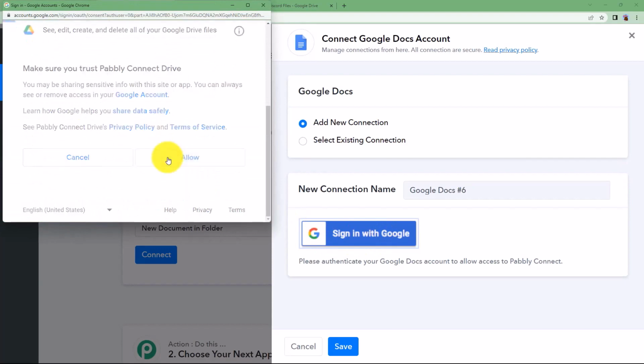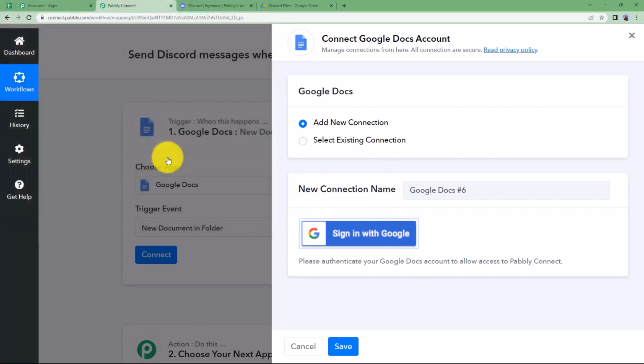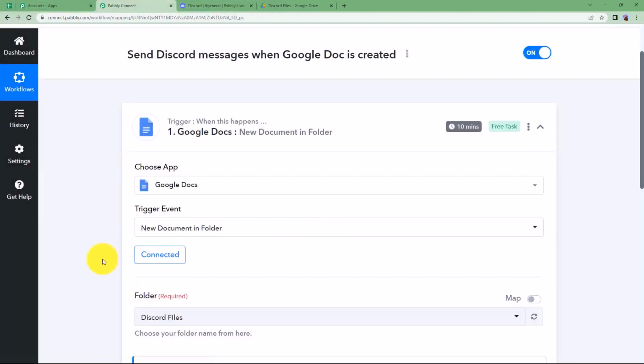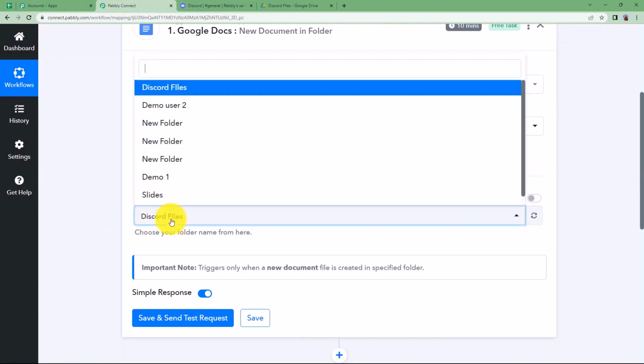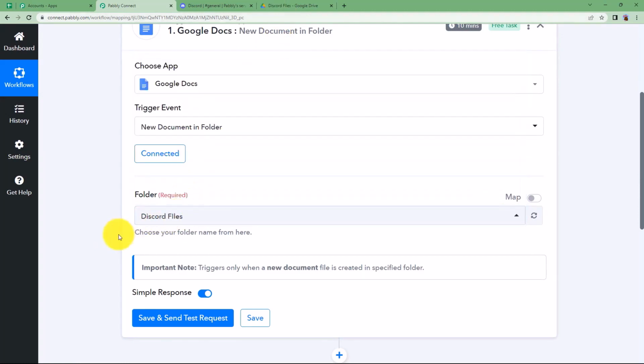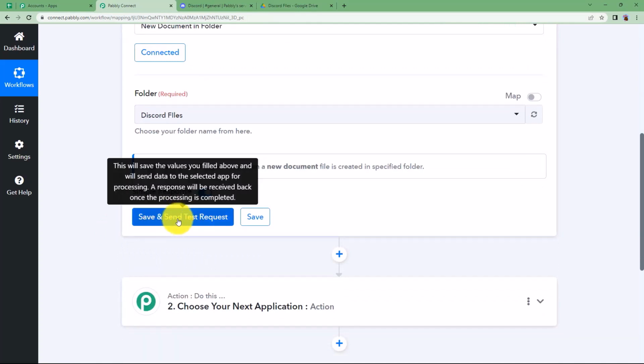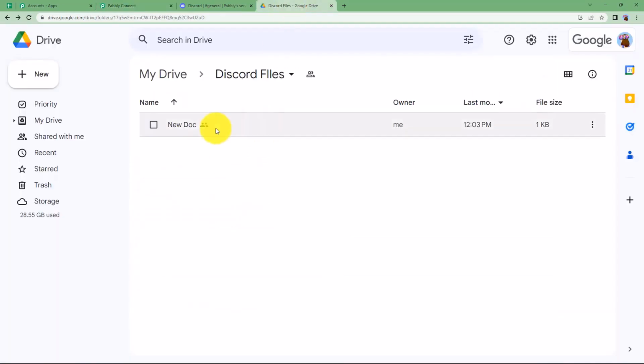Choose your Google account and click on Allow to give access to Pabbly Connect to connect to your Google Docs. Once it is connected, the name of the folder is selected automatically because it detects the open folder right here. And if not, then you can choose it from this drop-down menu right here. Now you have to click on Save and Send Test Request, but make sure that you have created a document